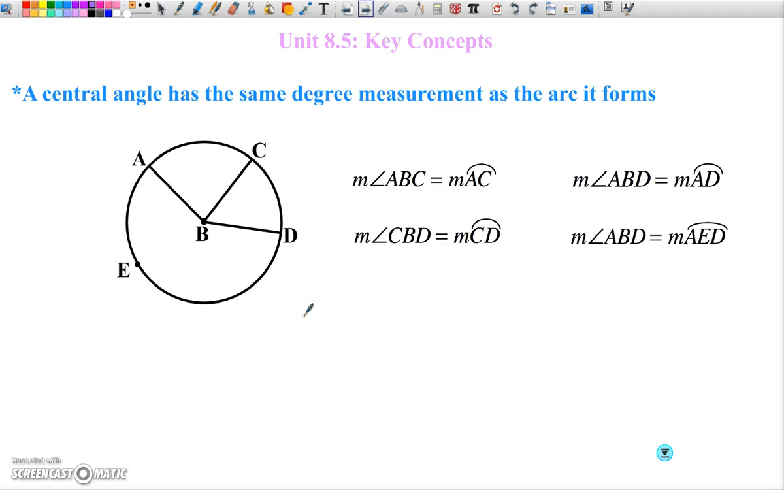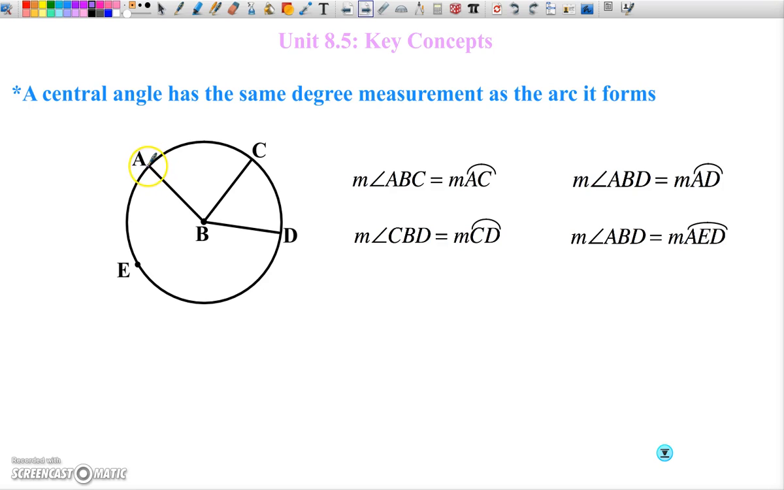The key concept behind a central angle is that it will have the same degree measurement as the arc it forms. So if you wanted the measure of angle ABC, that would be the same as the measure of arc AC, and we're talking about degrees. The measure of angle ABD would give you arc AD here. CBD would give you arc CD here, and then ABD, which